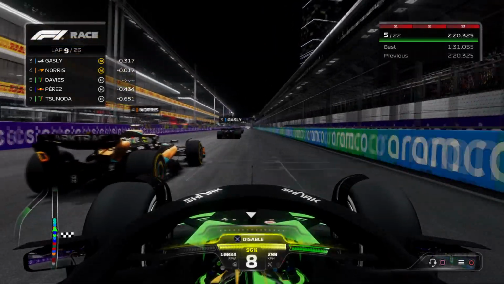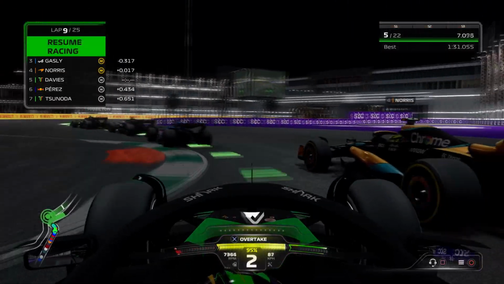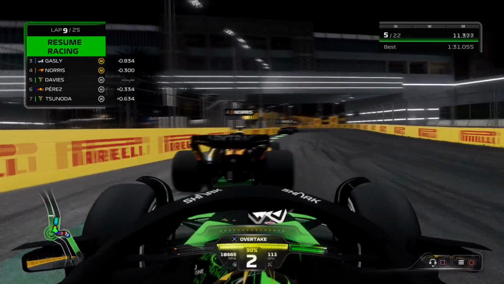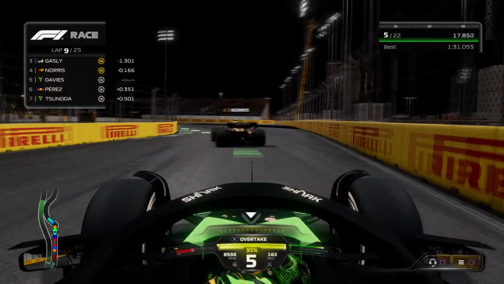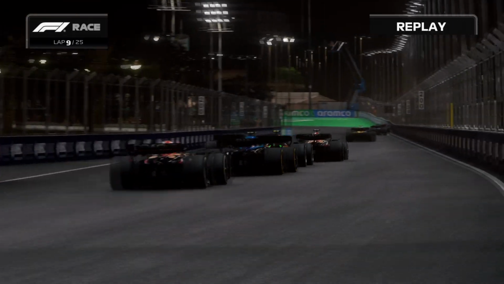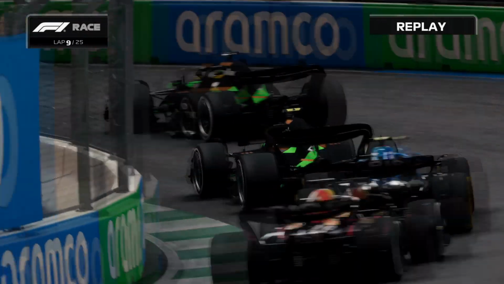That's two spins already. As we get going on the restart here, we're hounding Norris all the way into turn 1. We're going to have a look up the inside of him. He's going to keep his car there though and stay on the racing line, and there's not much we can do. He's on the medium tyres as well. Not sure if he has gone onto a different set of mediums or if he's still on the same set that he started the race on. But yeah, he didn't change compound in the red flag. So no matter what, he's going to have to come in for another pit stop